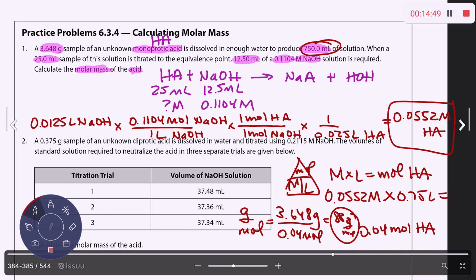Would they ever ask you to find the unknown monoprotic acid based on the molar mass, or can we not do that? Possible, if they